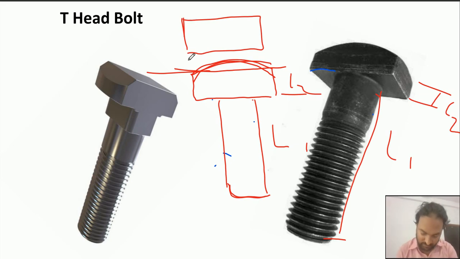If we need to make the flat surface, obviously we need to cut the rectangular groove somewhat larger. The L2 length should be higher than this length. We will cut the groove larger, so that the head can rest in that rectangular groove. If the T head is inside the groove, it is automatically locked.